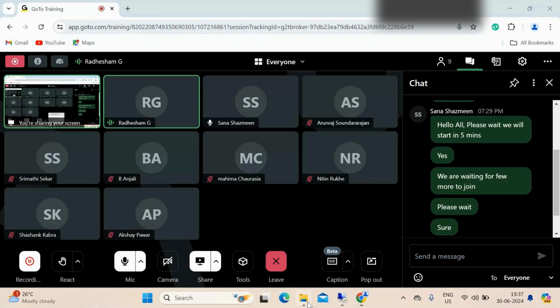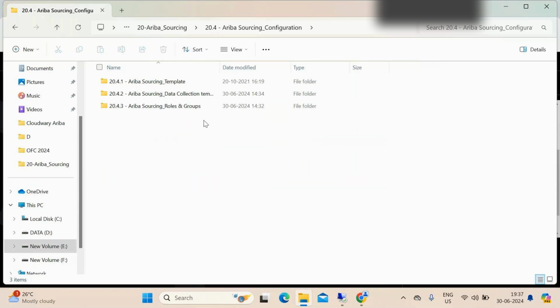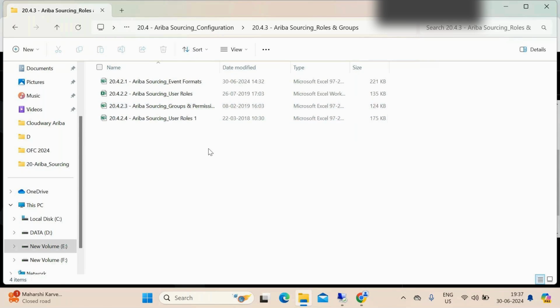Sorry guys. Okay, so today we are discussing the sourcing part. Last week we already discussed what the modules for SAP Ariba are, and what major modules we are going to cover. For that reason, our first session today is sourcing. I'll explain how sourcing will work and what the important factors for sourcing are.